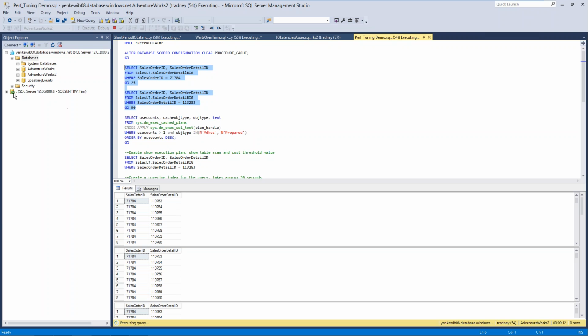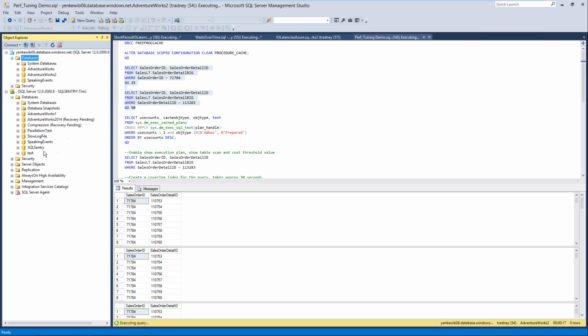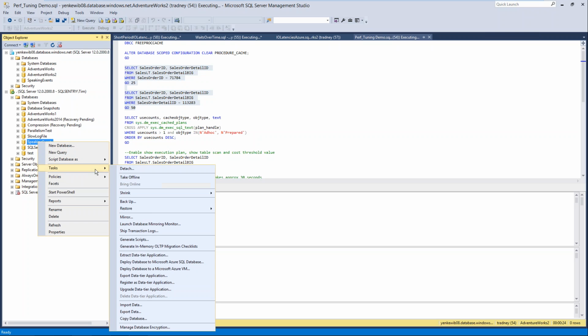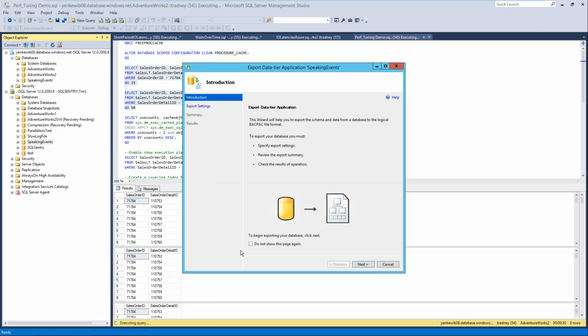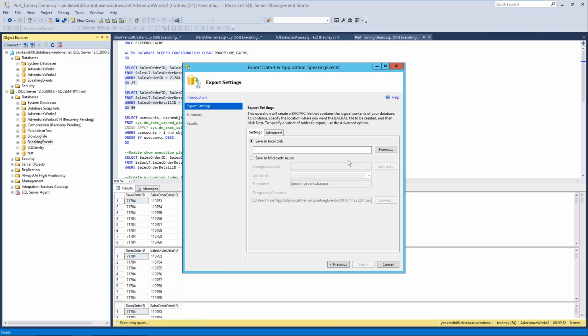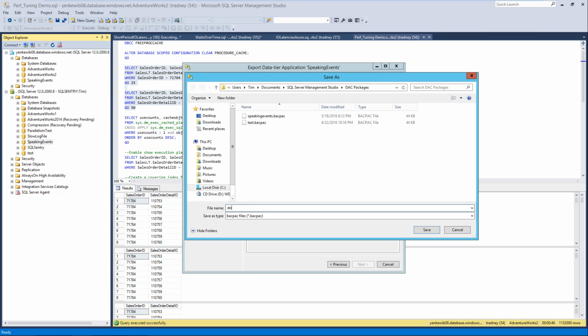Now, while this is running, I wanted to show you what to do if you have a local database. We're going to go into my local instance called SQL Sentry, and I have a database called Speaking Events. If I right-click, I can go into Tasks, and then I want to Export Data-tier Application. I'll click Next. It prompts me where I want to save this bacpac, and I can save directly to my Azure Blob storage, which I would recommend if this is a very large database. You can create the file and get it into the blob storage, so when you do the import, it's much quicker. But for this case, we're just going to write something local, and we'll call it down under,